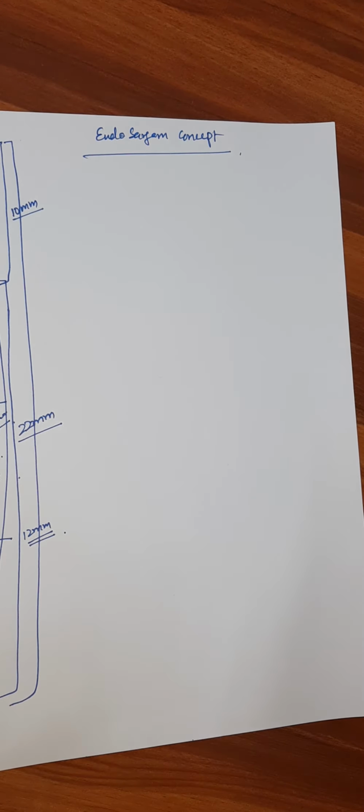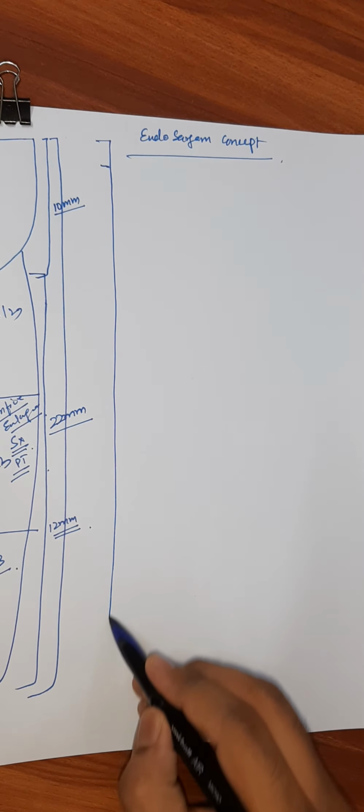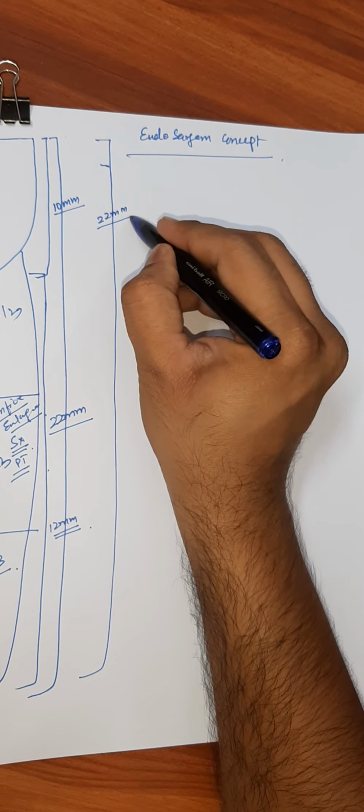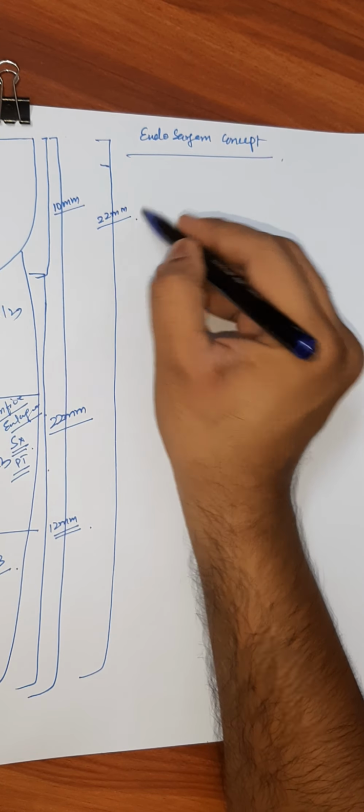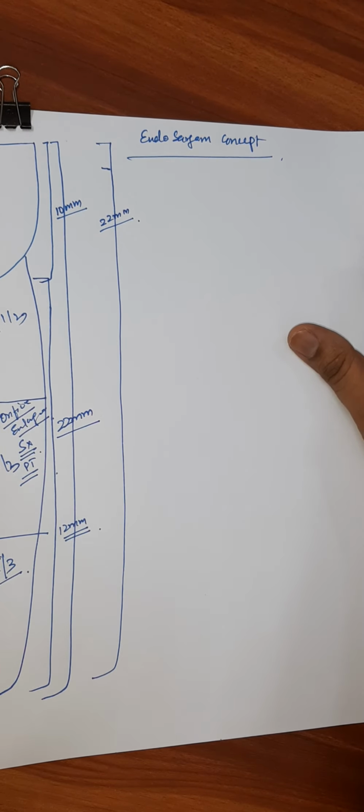Let us imagine the working length from the top is 22 mm, and I have achieved my working length with both the radiograph and my apex locator system. So now this is 22 mm. What I need to do is I need to make sure that I am using a 10 number file and a 15 number file to make glide path.